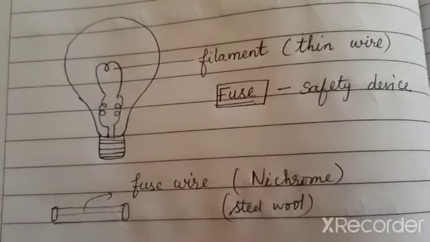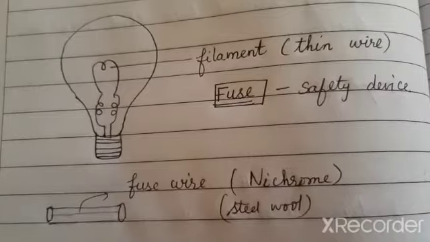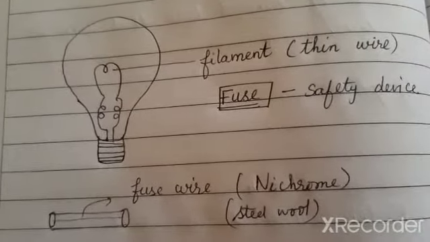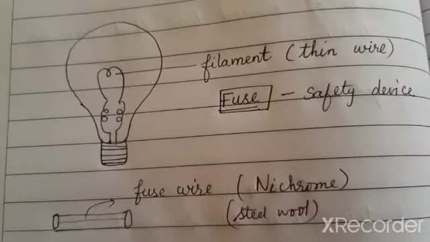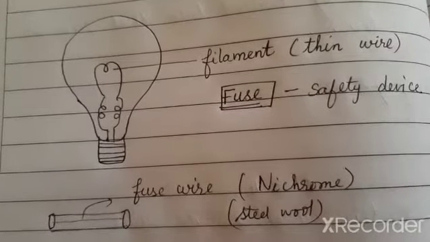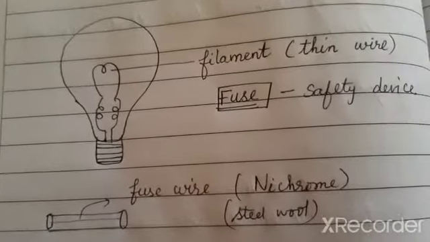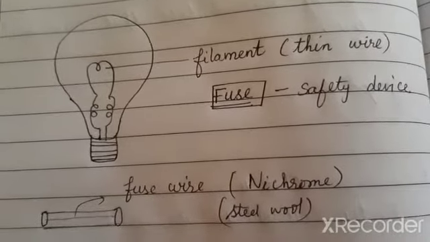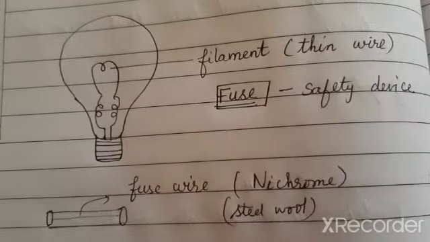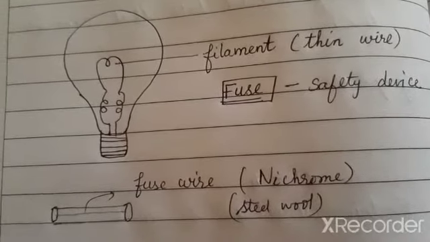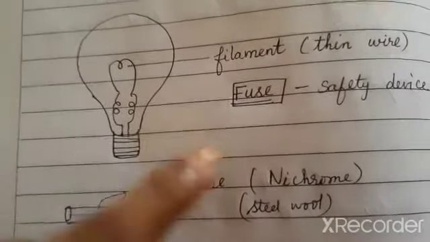Now why did I come to tell about this filament? The filament is a very important one in your electricity because these thin wires will cut the flow of electricity in case of danger. So listen to my statement again. The filaments are going to break the circuit in case of damage. In case of damage in the sense what? In case of excess electricity flow, or short circuiting, or overpower. So what does that mean?